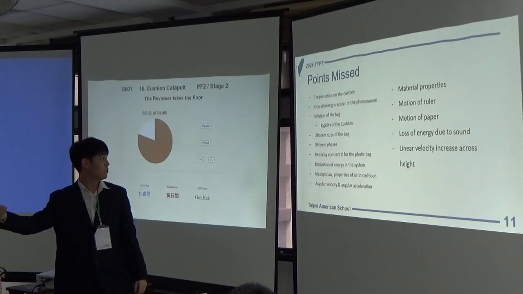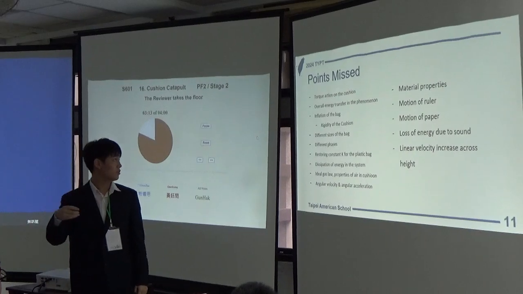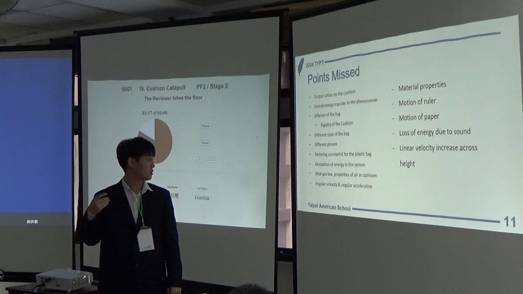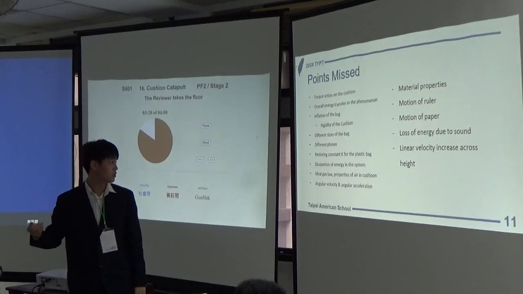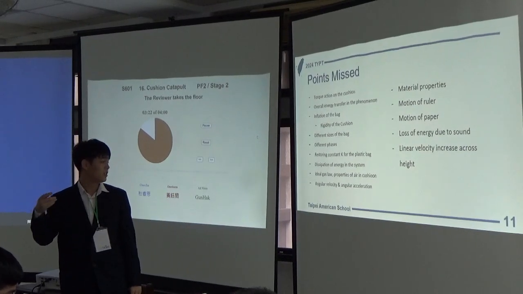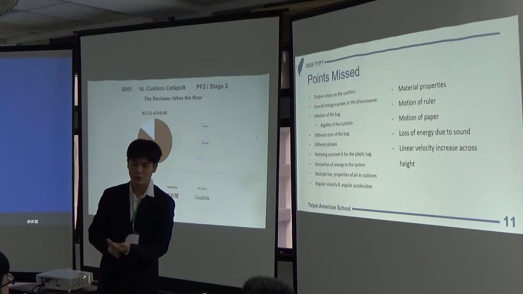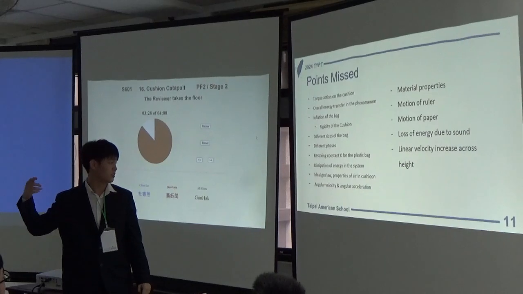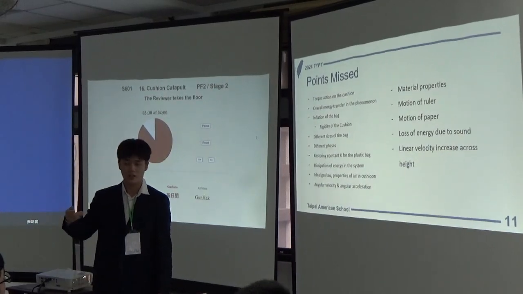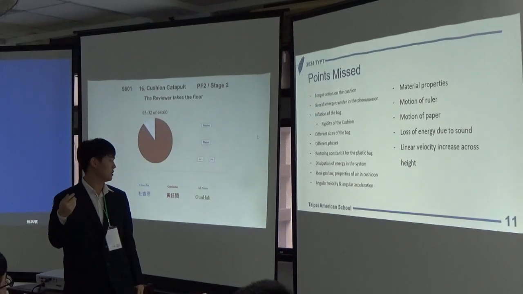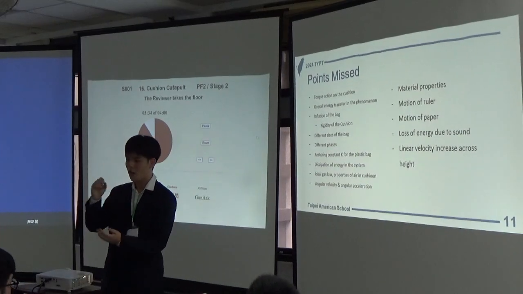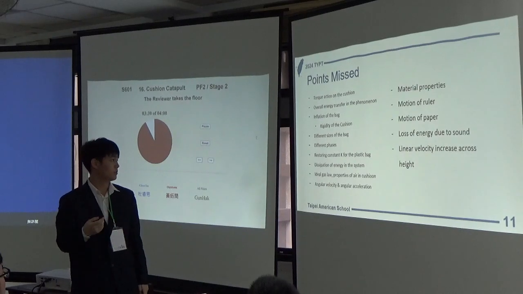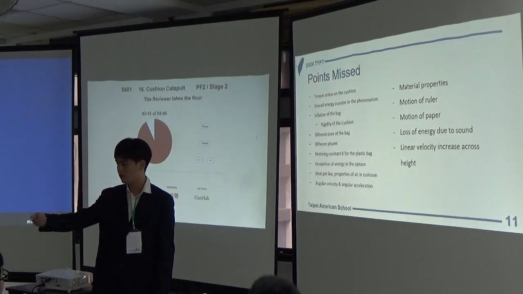And the opponent finishes with the torque acting on the cushion, overall energy transfer in the phenomena in their discussion of conservation of energy, and inflation of the bag, which causes the rigidity of the cushion, different sizes of the bag, different phases like impact, dropping, launching, and the restoring constant K for the plastic bag, dissipation of energy in the system, the ideal gas law, properties of air in the cushion, angular velocity and angular acceleration of the object, and also the cushion and the material properties, the motion of the